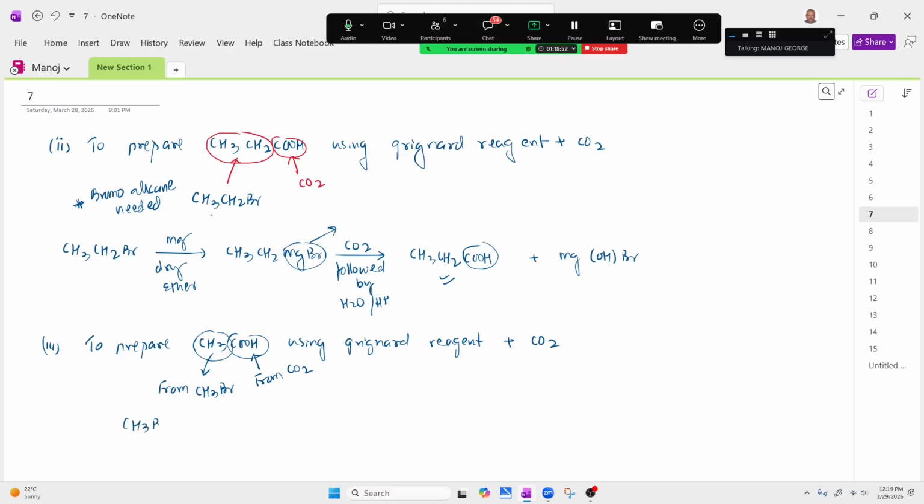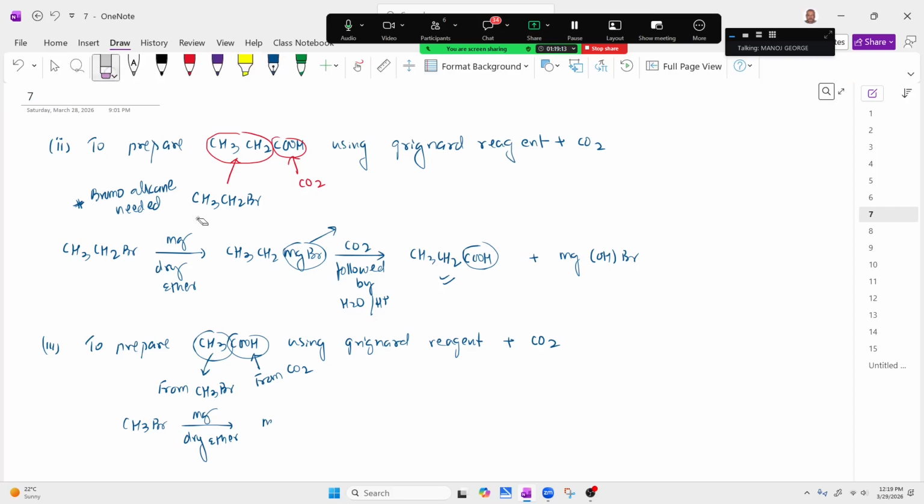So I have CH3Br. I'm going to react this with magnesium in dry ether. If anybody asks why dry ether, it's because the Grignard reagent reacts very quickly with water. There's another reaction there, but that's not a part of our discussion. So that's the issue. We don't want water to be present. So first of all, I need my Grignard reagent to be ready,